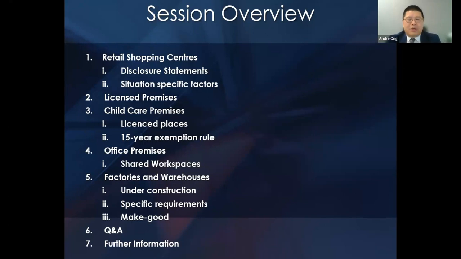So in terms of what we're going through today, Rebecca Worcester will start off in terms of running through a few issues that are specific to retail shopping centres, nature of disclosure, situation-specific issues and considerations there from, again, tenant and landlord perspective. Then Crystal Roman will follow up in terms of licensed premises, being things like restaurants, pubs, etc.,